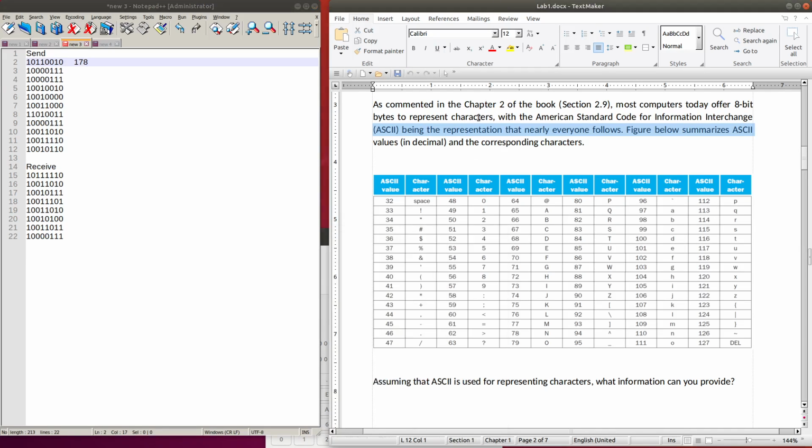If you look into our ASCII table, you can see that the biggest number in this table is 127. So this value 178 is not available in this ASCII table, and so we can expect that this message has been encrypted.